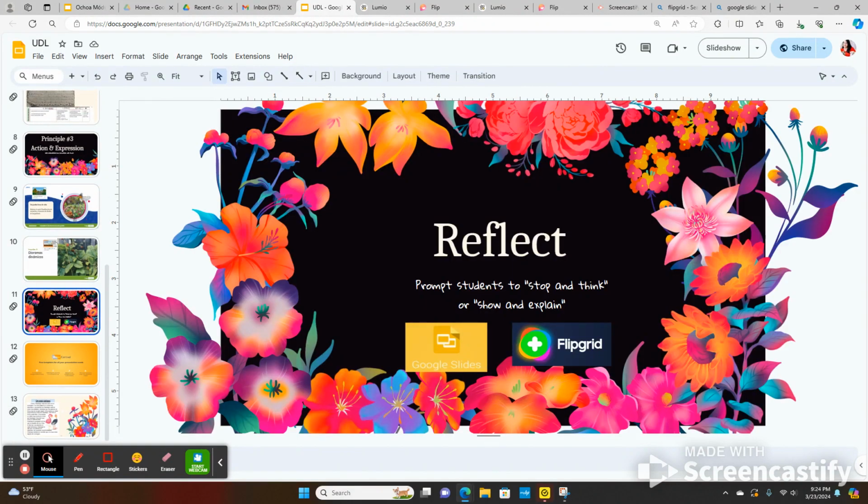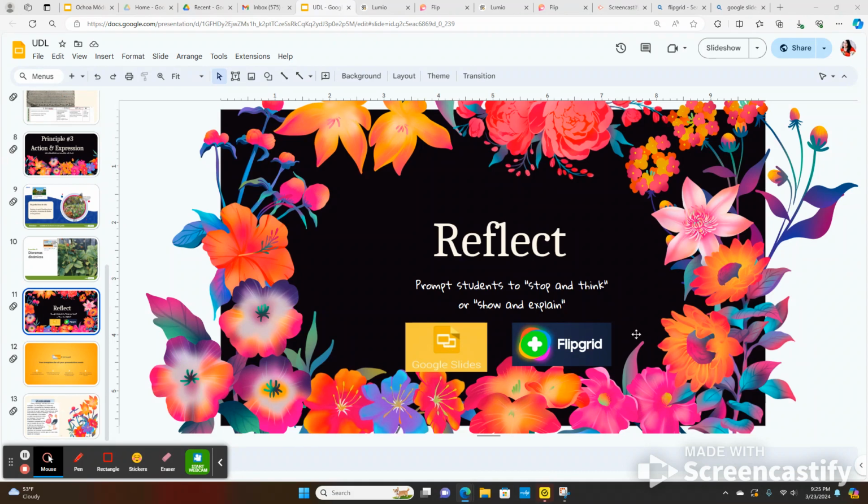Something that I would use as something to reflect. I would actually prompt students to stop and think or show and explain. That would be something I would use in the future, inserting images, because they work very well with groups. So they could each select an image reflecting on what they learned while they're stopping and thinking, they're discussing. So they need time to discuss, stop, and think about what they're going to insert in their Google Sites